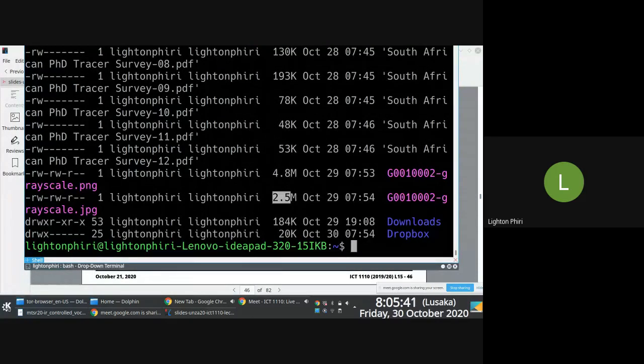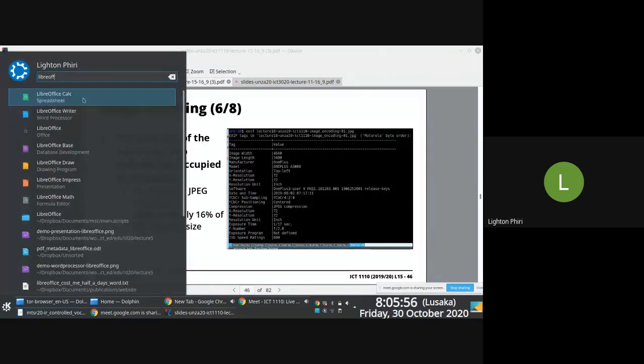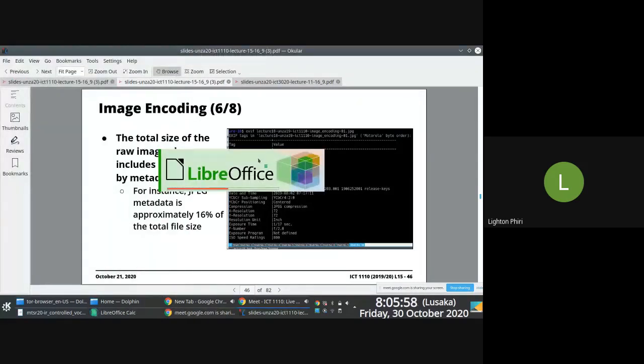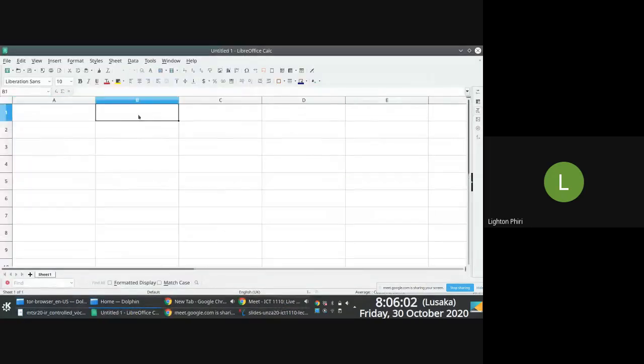My digital camera takes an average file size usually in the region of about 6 megabytes. But let's work with 2.5 megabytes. You realize and appreciate that if somebody has a 64 GB SD card,